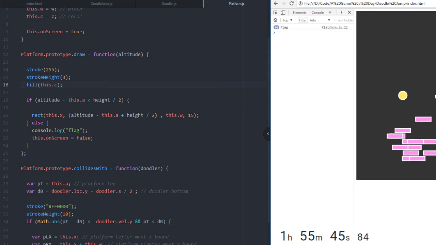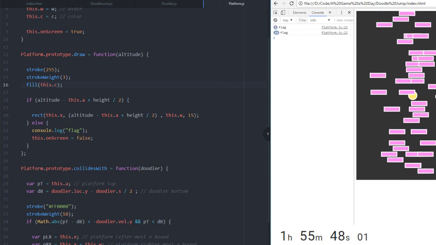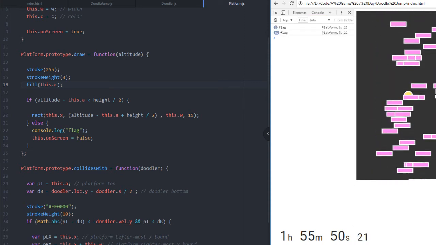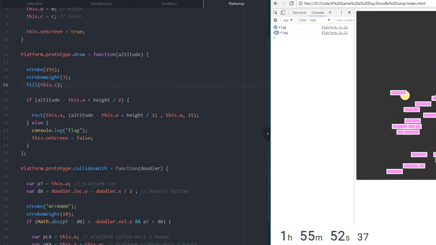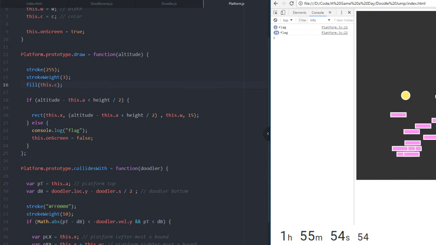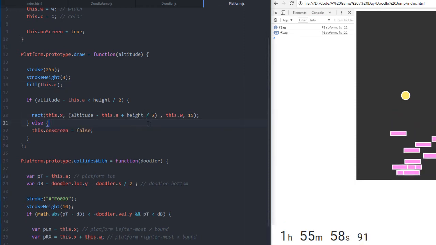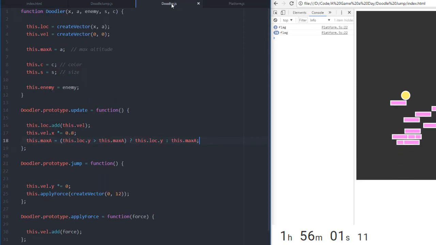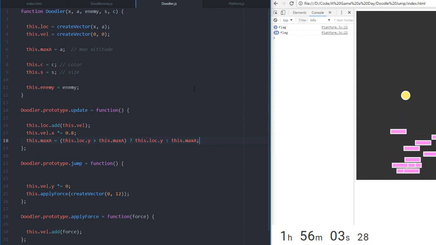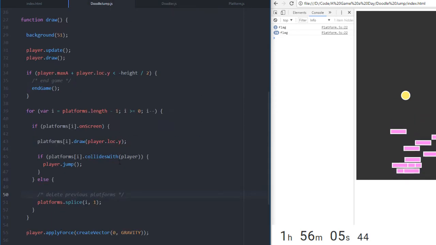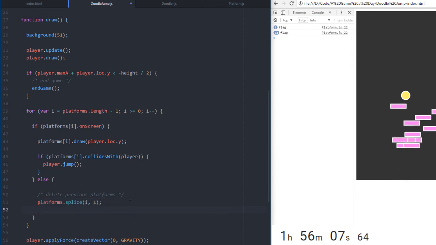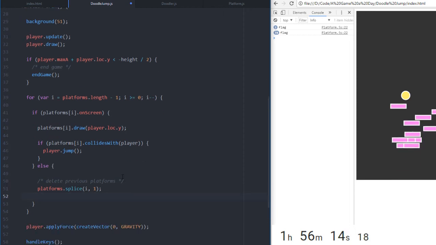Except I need... There we go. There we go. I'm liking that. Cool. Doodler. Okay, whenever we splice, we need to add to it. So, we need to add to the, I guess we'll just say